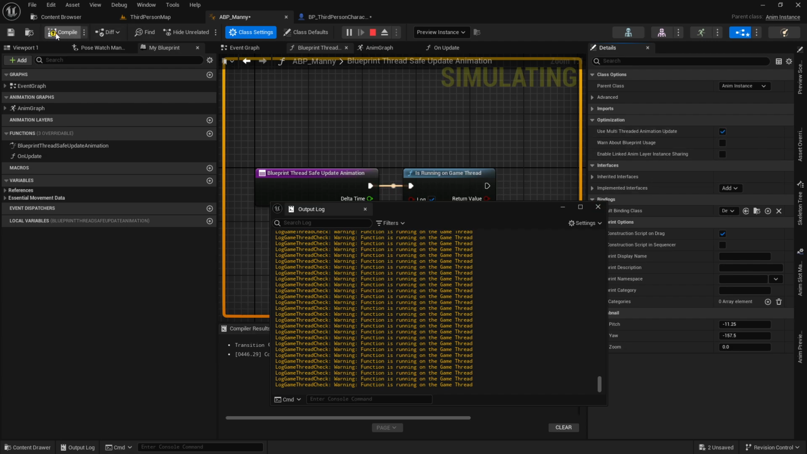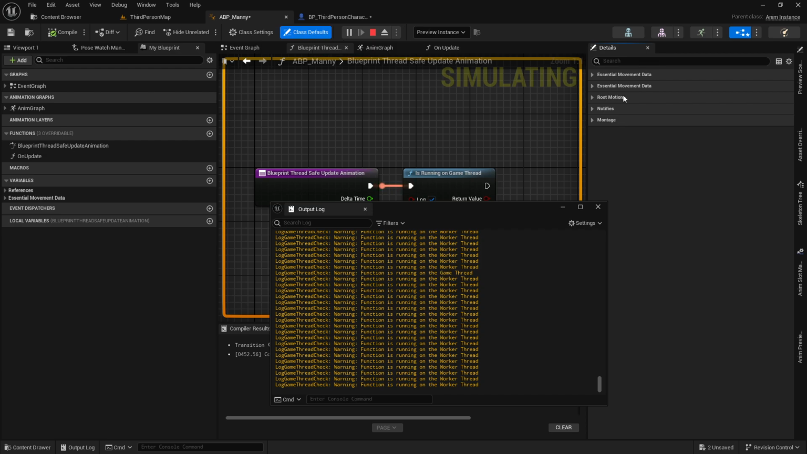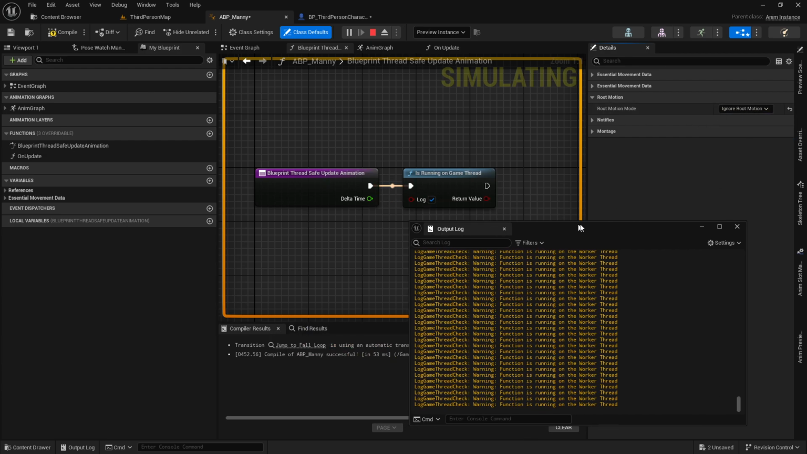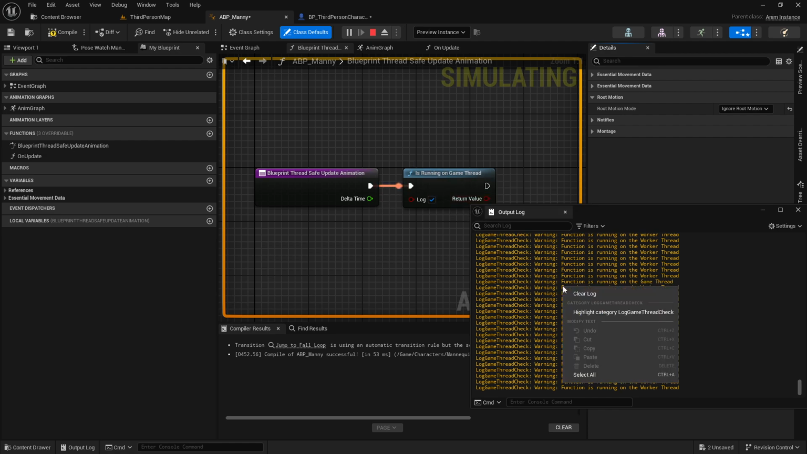If we turn that back on, and go to the class defaults and go to root motion, and you turn root motion from everything, suddenly again we're running back on the game thread. This is really cool for seeing exactly where your logic is running, and this also applies to